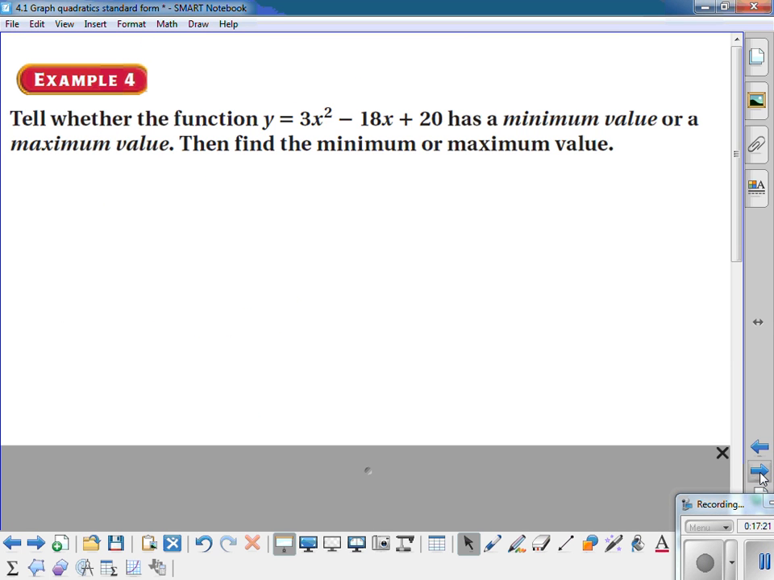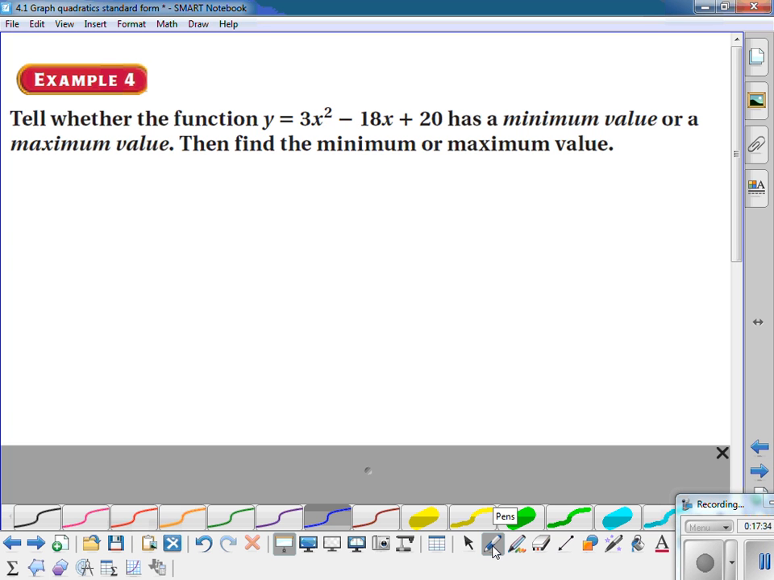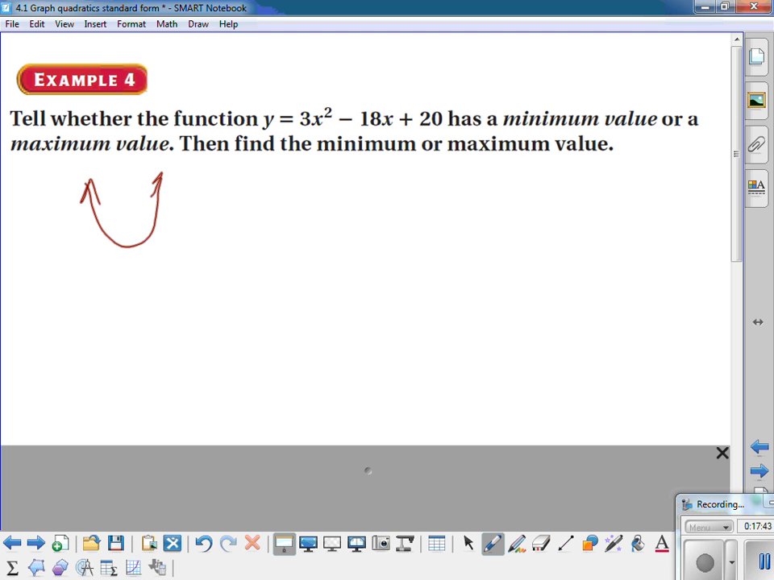And then the very last thing is just talking about maximum and minimum value. So if I want to know, first of all, whether it has a minimum value or a maximum value, what is the orientation of this graph? y equals 3x squared minus 18x plus 20. Is it going up or down? It's going up. So am I going to have a maximum or a minimum? I'm going to have a minimum. And the minimum is at the